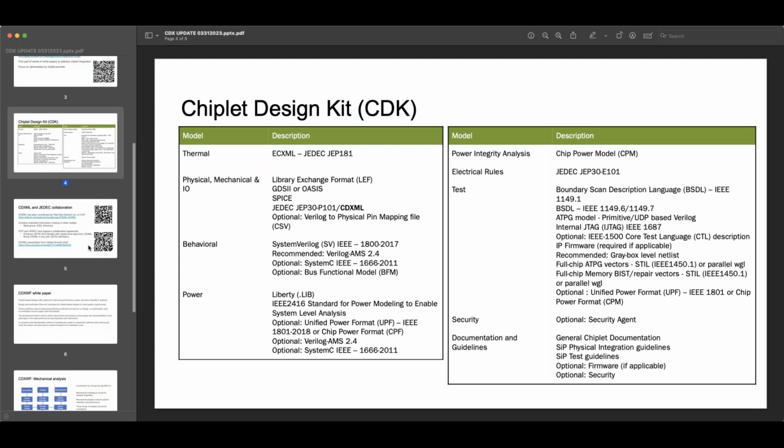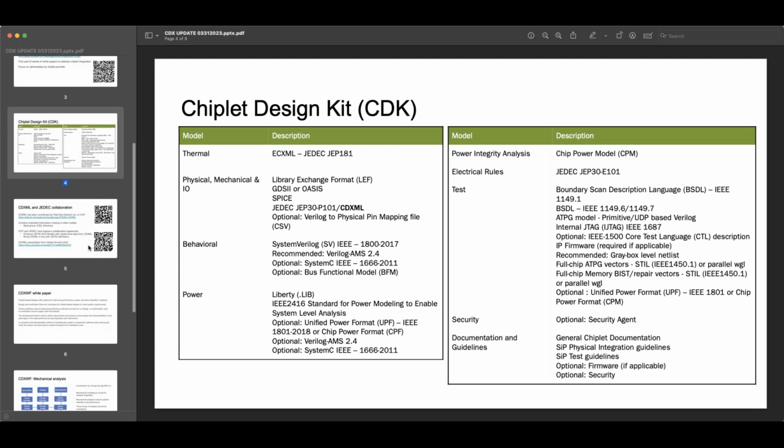In the CDK, I think there are two intents here, right? To create electronic formats that allow for more automation and all of this. But also, it is true that much of this information today is available in some form or the other. There are a few additional things that a chiplet integration requires. I was going to mention some of these in the business work group, but isn't what I said generally true, Jawad or David?